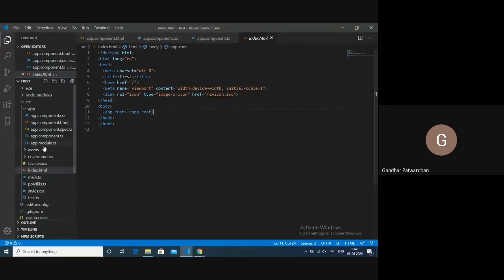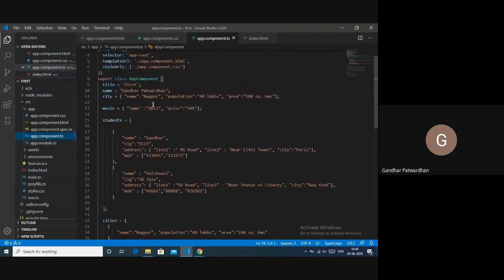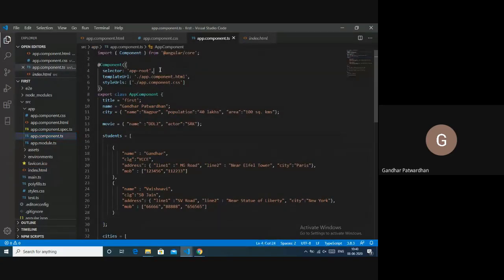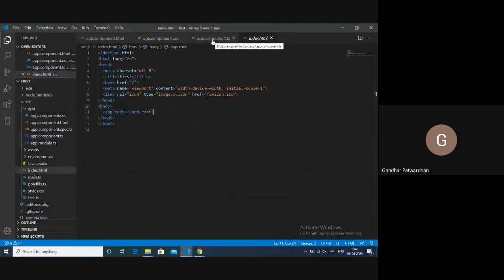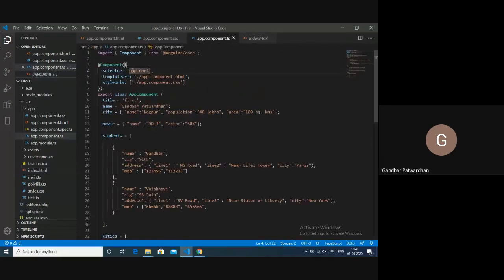Now, if you take a look at the app.component.ts file, right, what you would see here is you would find this selector here, right. So whatever selector you give, you need to specify that selector in index.html. So Angular does it for you initially when you create a new project. So we do not need to write it manually. Okay. So this is what a selector is.